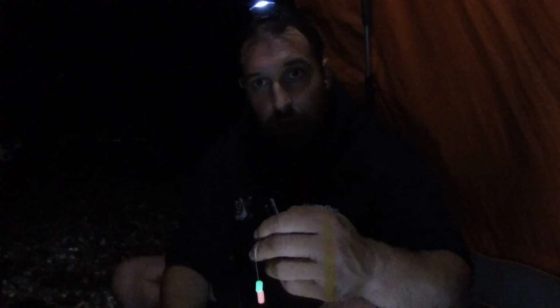Right, so I'm slightly mixing it up now. I'm going for a bait here, so it's a squid with the moon glows at the top. This is the same kind of rig I used the other night, the same kind of way I used the other night that bagged me that conger. So hopefully we'll be able to get another one and it'll be a bit bigger and we can enter it